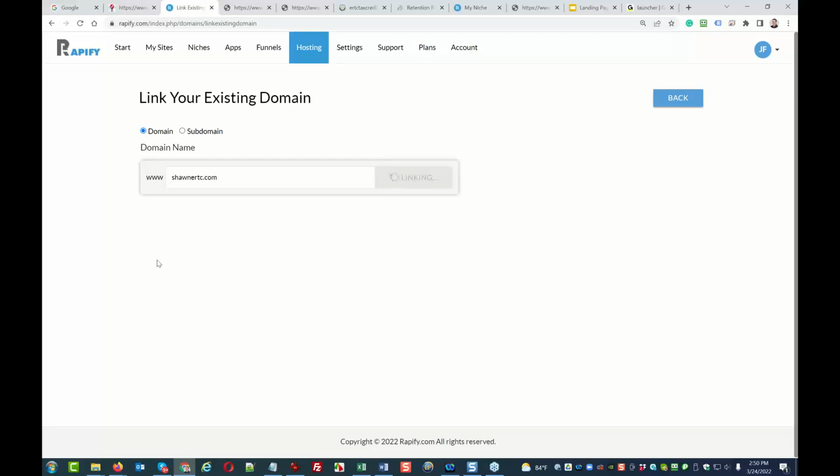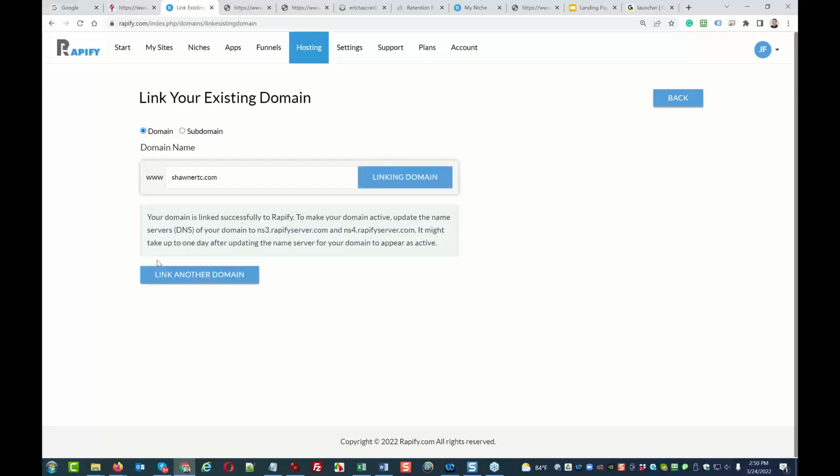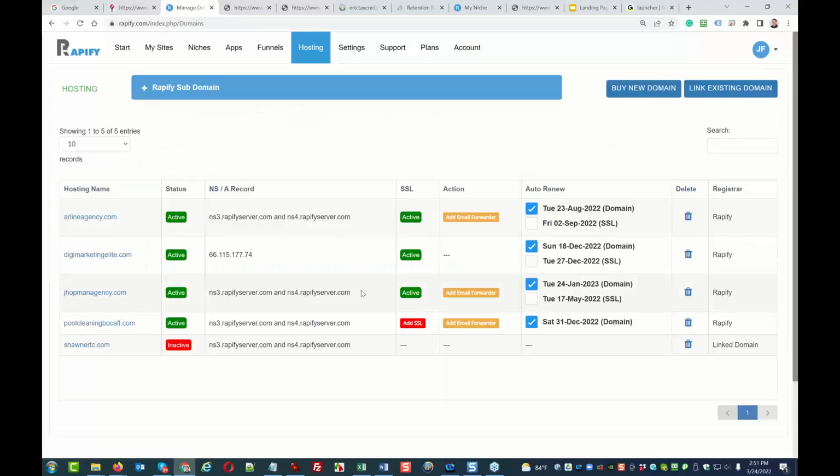You have to go to your domain register and then update that domain. So here you see you have the domain NS3, NS4. Once you update the name server from your domain register, it will point to the Rapify server and you can install that domain. Makes sense? So now it is waiting, link domain, it is waiting that it is linked.